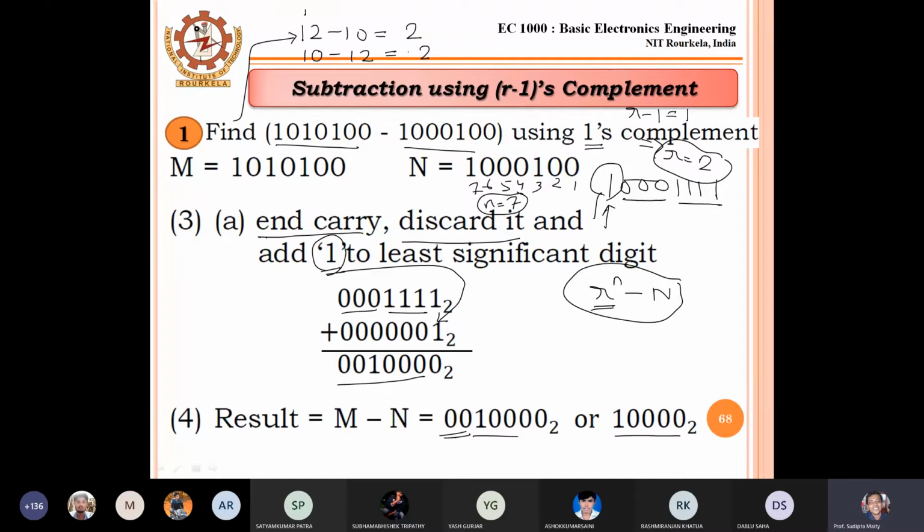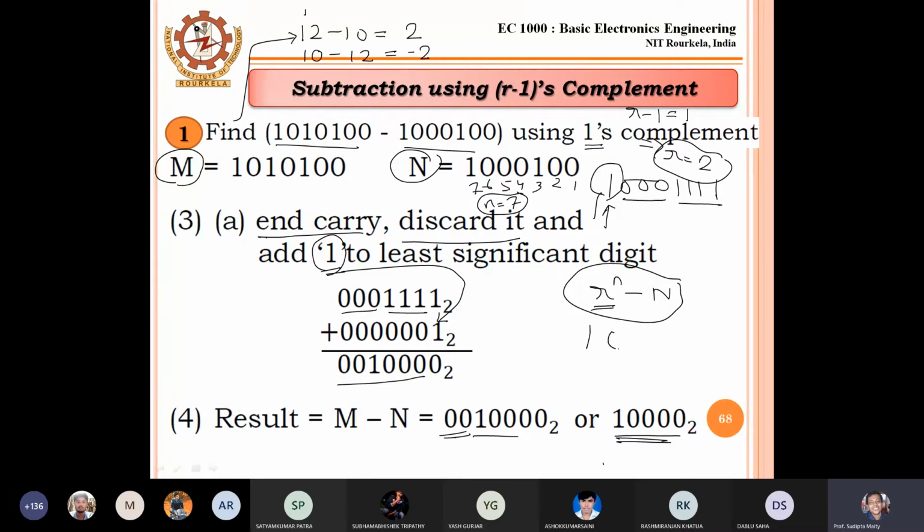Same result, but with a minus sign. Correct? Yes, sir. So in the next problem, we have interchanged M and N only. So if we interchange, I should get the same result.